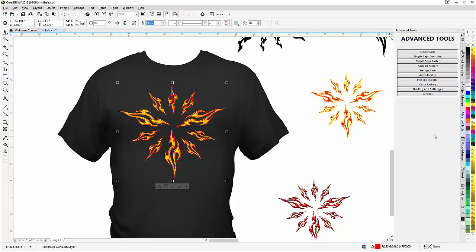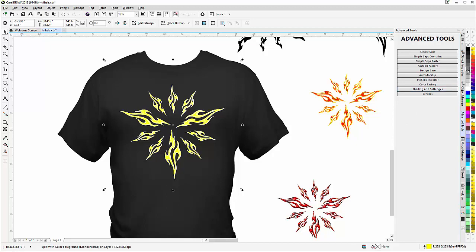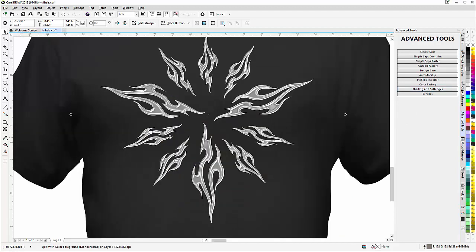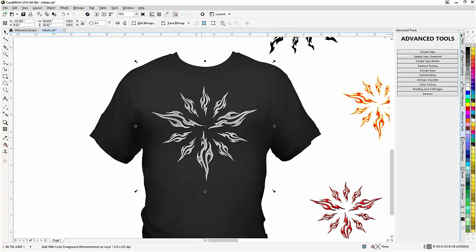For example, I'll take this and I'll change that to a white fill. Then I'll select the object inside and I'll right click and change that to a gray. Now I've got a metallic chrome look on those flames, and we've got the dimension coming out of the flames. They're not just flat. So you can see where we can go with this